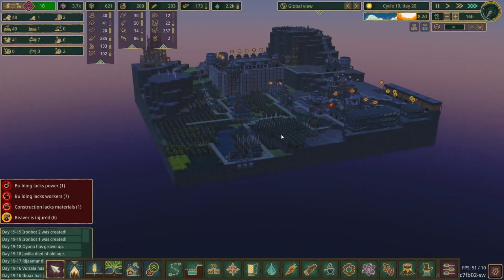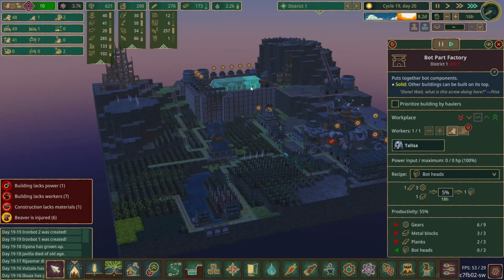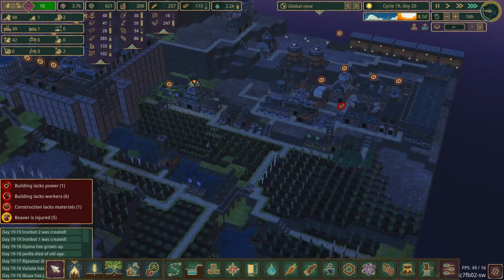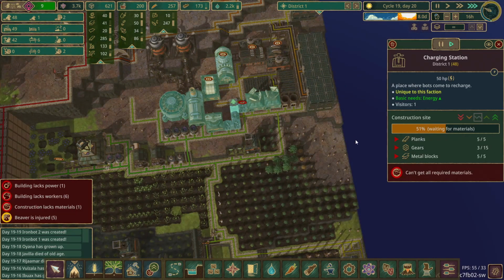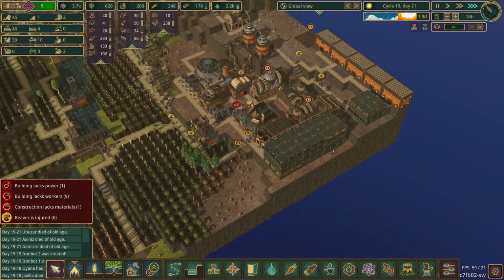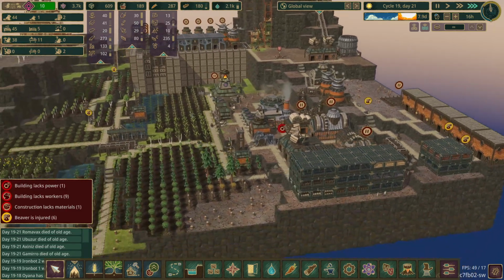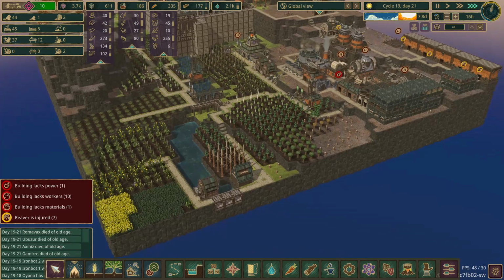So what I'm going to do is let the drought end, and we'll set the bots up in the bot factories. Actually, we're going to start producing more bots, aren't we? So that's okay. And we need gears for that. Sorry, lads. Put you in there. It's kind of okay because we got a lot of beavers not doing a whole lot anyway,